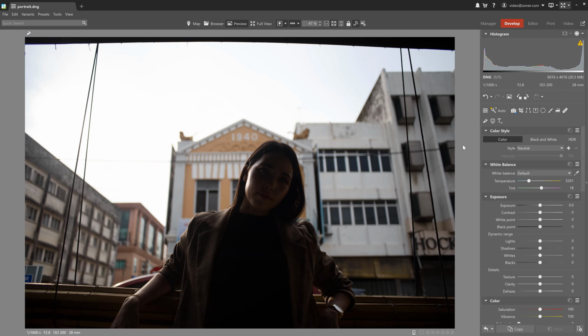Howdy everyone, in this video we're gonna cover how we can save photos that have a really strong source of backlighting, like the sun. All right, we already have our portrait here ready to go, and it's a perfect example of a backlit photo. So let's see what we can get out of it and how we can save it.